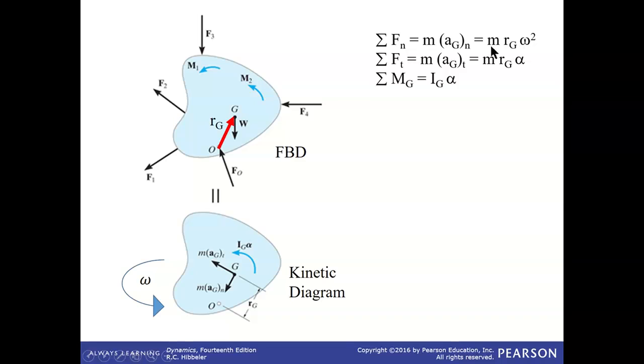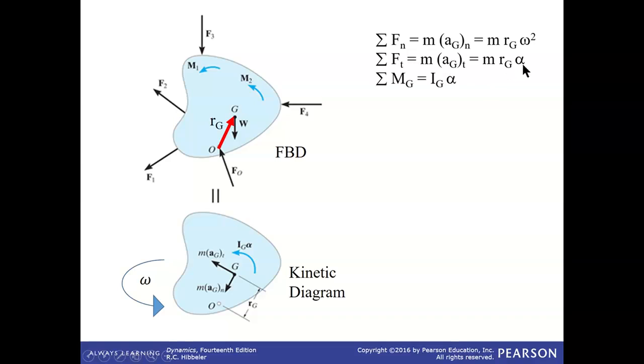This is not new, because you know that the normal component of the acceleration is v square divided by r, right? In that, you also know that v is equal to r omega. So in that v square divided by r equation, if you substitute v equal to r omega, it will be r square omega square divided by r. One r will get cancelled from the numerator, so you will get r omega square, and that's what we have here. Then the second equation is sum of forces along tangential direction is mass multiplied by tangential acceleration,